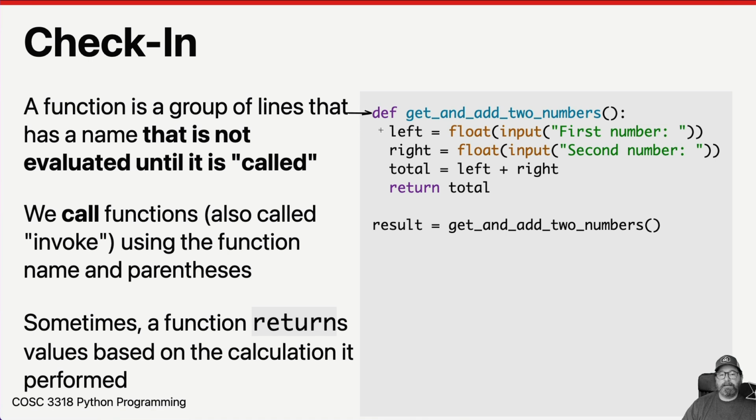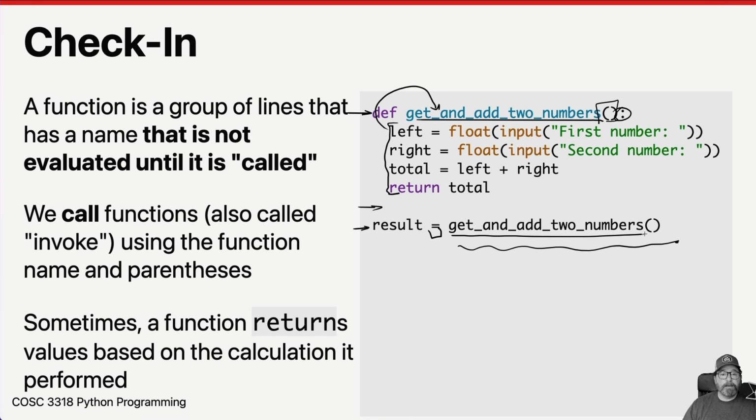Python gets to this line, def, and it says, I'm going to create a function. It takes these 4 lines of code and stores them into this function name, get and add 2 numbers, which has the parentheses and the colon. Then there's no line here for it to do, so it gets to this one, and we're at an assignment operator. It first looks to the stuff on the right-hand side. It says, what's going on here? Get and add 2 numbers is a variable that holds a function. I put the parentheses on it, and that's like, time to call the function. And when that happens,